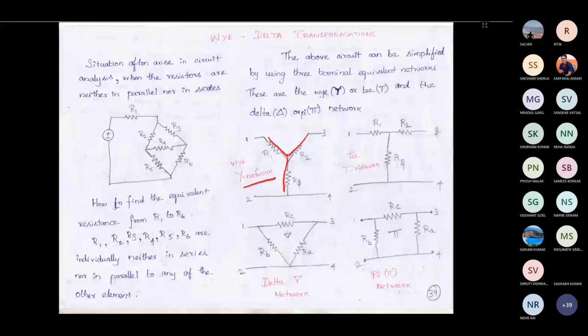So I can redraw this here like this. So this is like a T connection. This is same as a Y connected or star connected network. Only the name is different, but T, Y or star connected networks are the same. Similarly, this is a delta connected network and this is also a delta connected network.